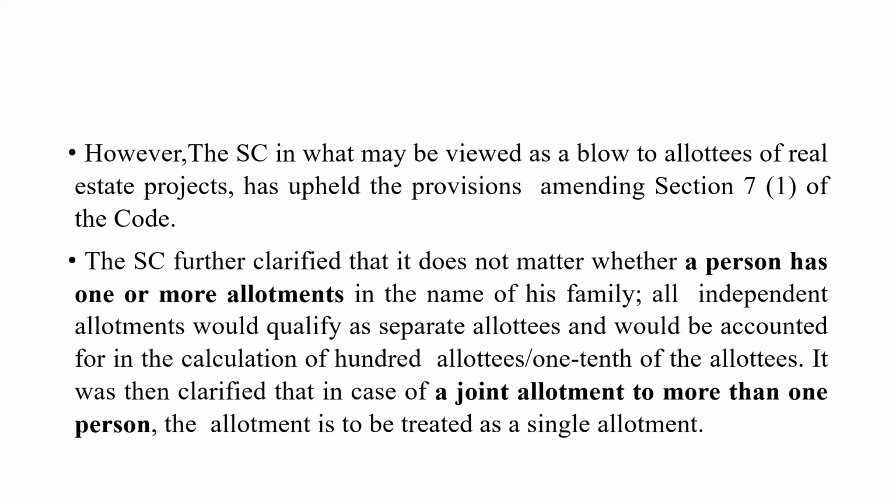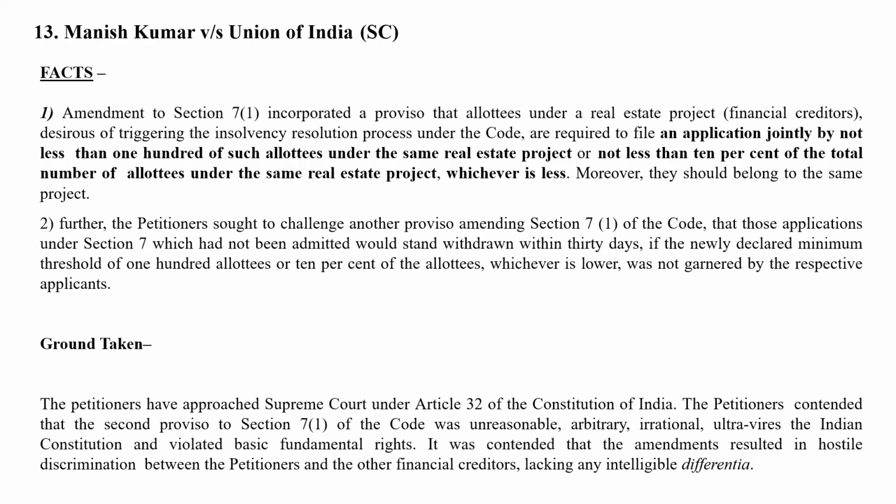ठीक है, the SC further clarified that it does not matter whether a person has one or more allotments in the name of his family. ठीक है, all independent allotments would classify as separate allottees and would be counted in the calculation of 100 allottees या 1/10 of the allottees. It was then clarified that in case of a joint allotment to more than one person, the allotment is to be treated as a single allotment. तो इसमें ये कहा it was held to be constitutionally valid, कि कोई दिक्कत नहीं।